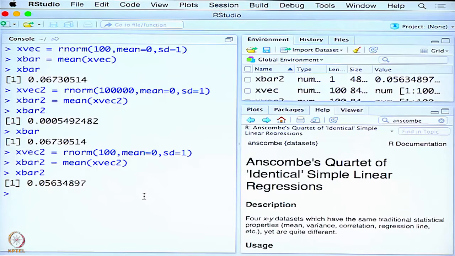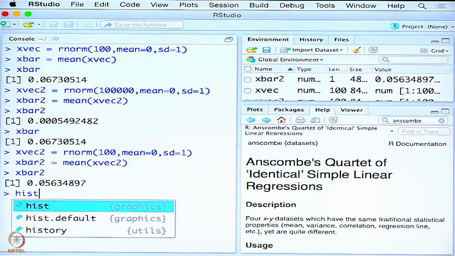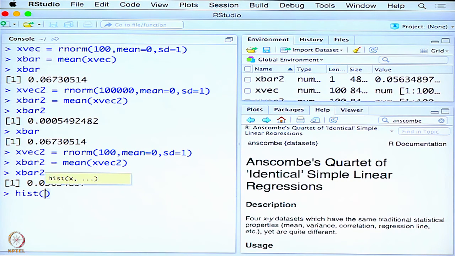In R there is a nice way of doing this in a single shot. We will do all of that using this. So, we will say hist of replicate, right. What does this replicate do? It repeats the experiment. What do we want to be repeated? First we have to specify how many times we want to repeat it. Let us say I want to repeat the experiment 1000 times. The more times I repeat, the better will be my estimate of the distribution of x bar. So, what am I going to repeat?